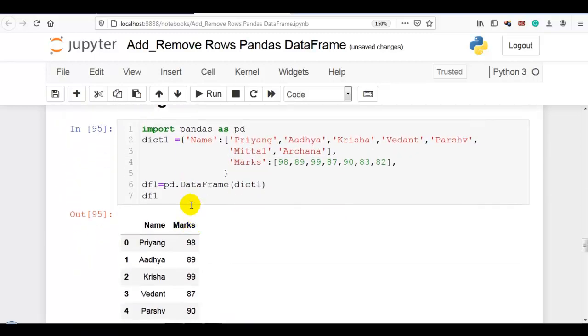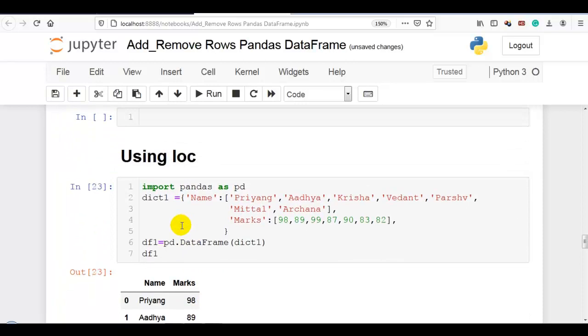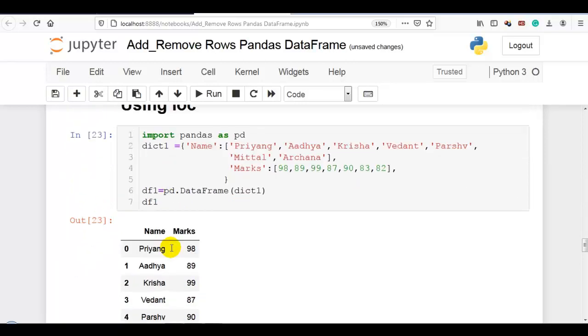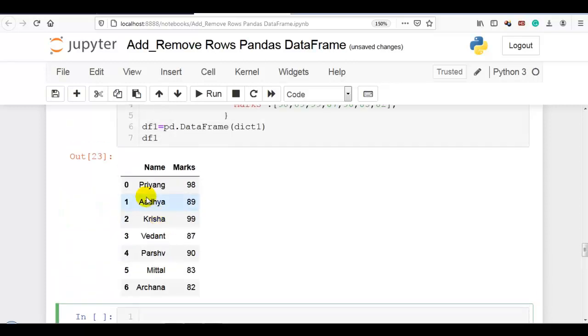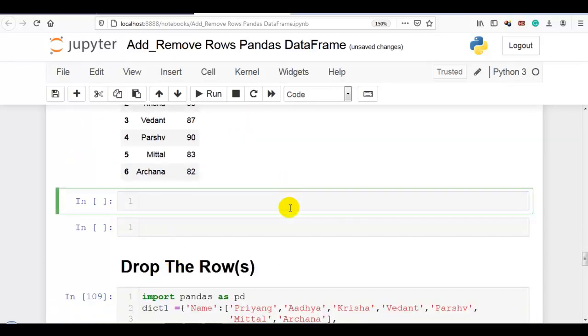Now next, loc. Let me execute our data frame. Now let me add a new row in the data frame using loc and a list. So now here you can see, please consider it as a label because currently we are using loc. So df1 dot loc.